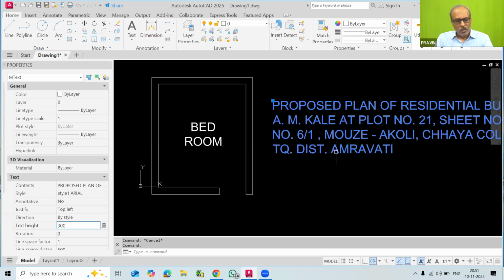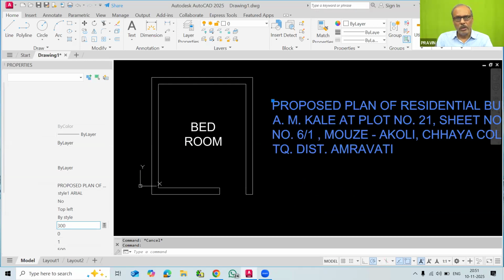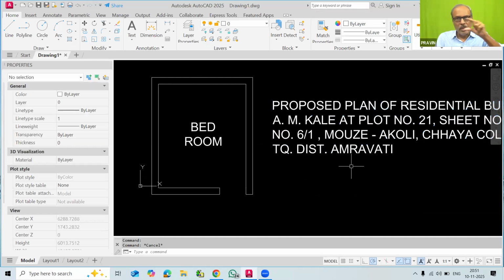This is minimum. So whenever we talk about the building drawing, the minimum text height, the dimension and all that units, that will be 3 mm. When we print this drawing in a 1:100 scale, this text will appear in the 3 millimeter size on our paper. So in that way, you have to remember. We are preparing the 1:100 scale we consider for the printing. And in that way, this 300 mm dimension text will appear as 3 mm in that.